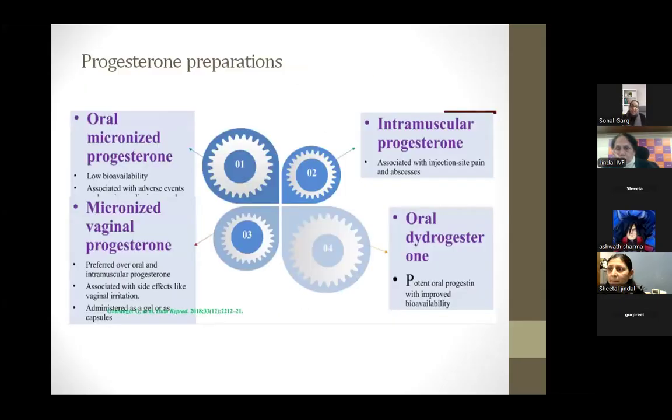Ma'am, can you please tell which route and dose of progesterone delivers the best outcome? I'm coming to that. Okay, so the various progesterone preparations which are available to us, the armamentarium which is available to us are in the